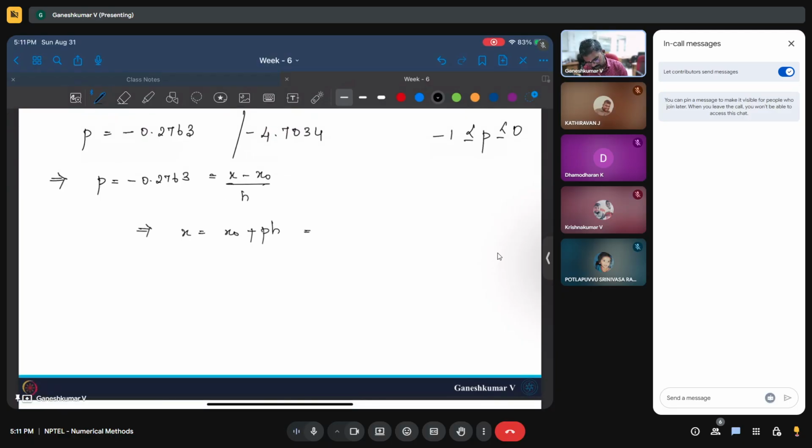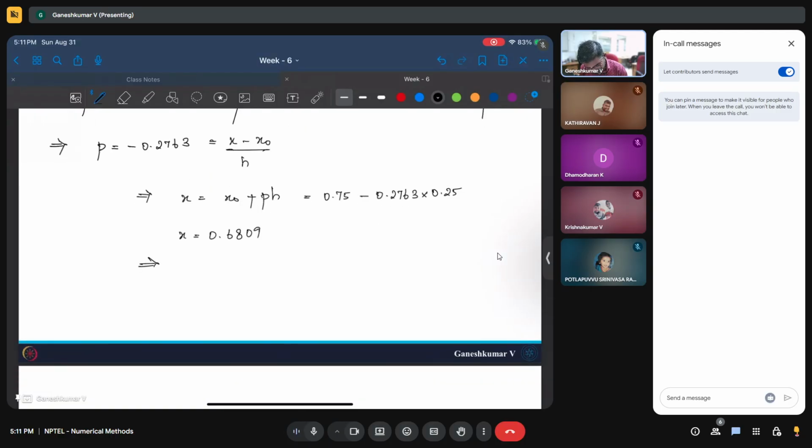This is going to be x naught is 0.75 plus minus 0.2763 into h, which is 0.25. How much is this? 0.2763 into 0.25 is 0.69, 0.75 minus this. So x is 0.6809,